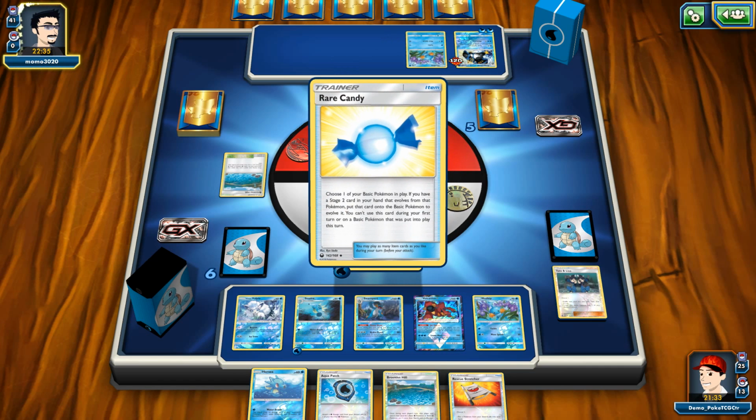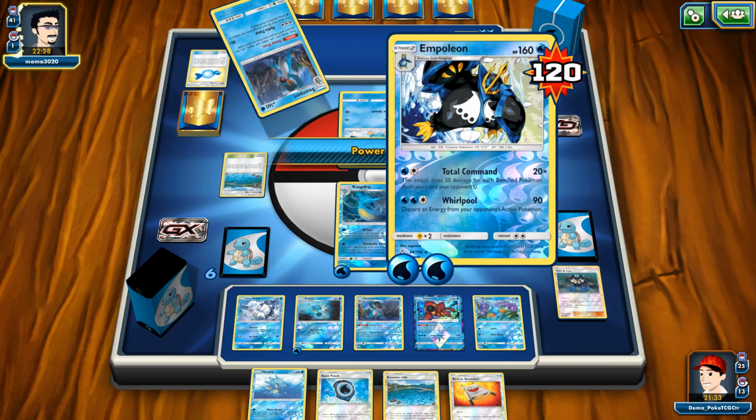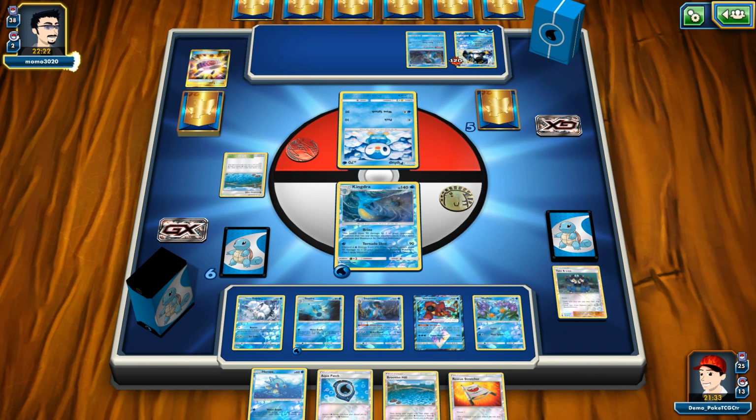Okay, so the biggest problem for me is the fact that Empoleon can definitely one-hit knock out my Kingdra, and he can already do it right now. He's with a Total Command, so 20 for each benched Pokemon in play. And there's already 7 of them, so that's like 140. And that's the big concern for me. However,